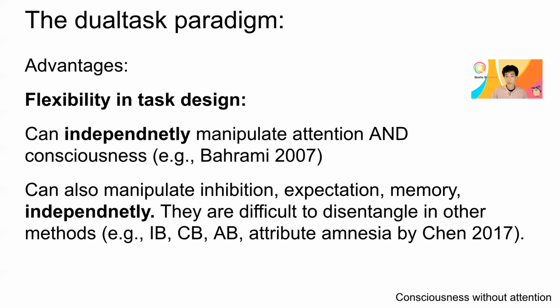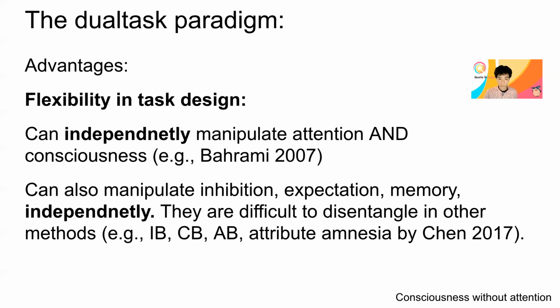So for example, in the case of expectation, that needs to be set up really properly in the case of inattentional blindness or change blindness, right? So if you tell the audience about gorilla expectation, then the gorilla inattentional blindness can happen or not happen based on this instruction, but at the same time, it does affect attention and also consciousness. But under the dual task situation, you can tell the subjects about the expectation of the gorilla or not under poor or full attention situation, right? So that can be done in a disentangled manner.